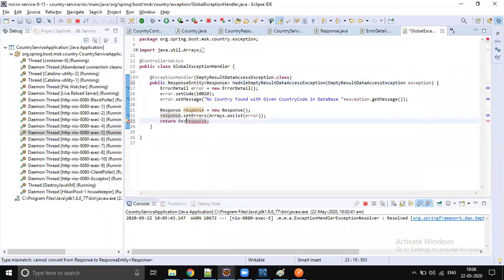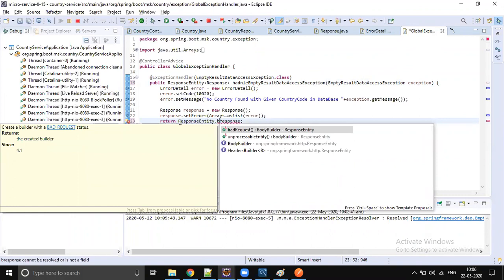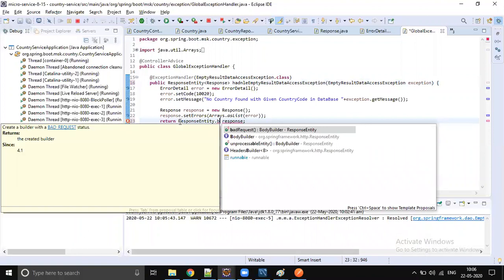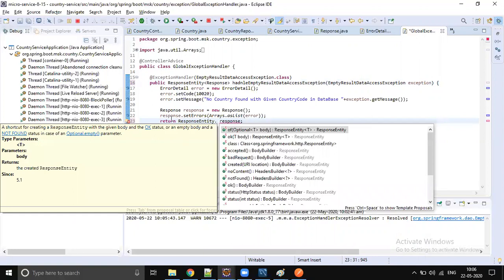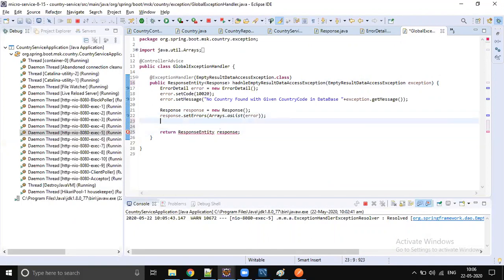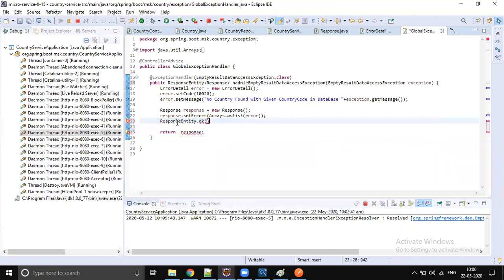Let's do return ResponseEntity.status(...).body, builder, body.